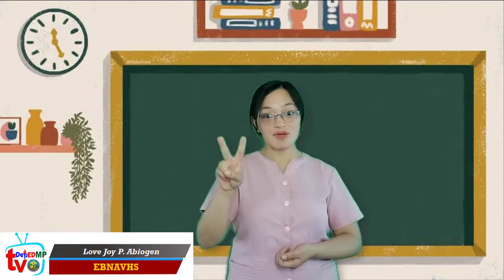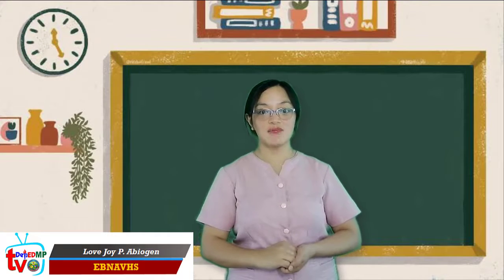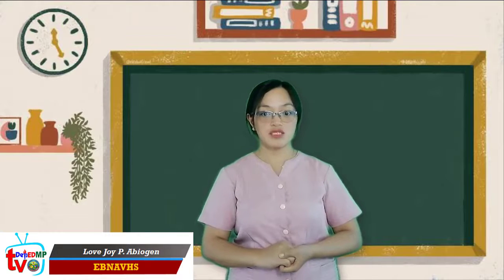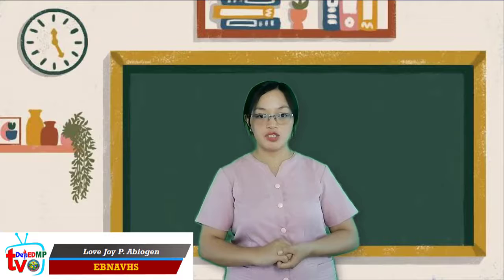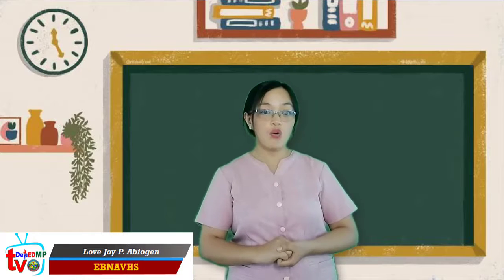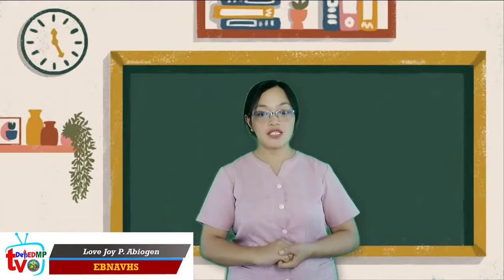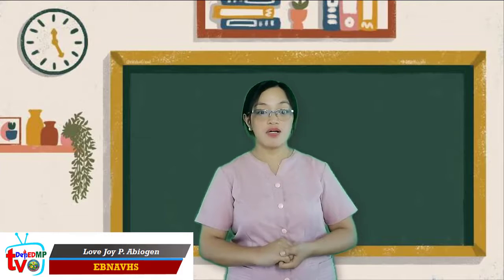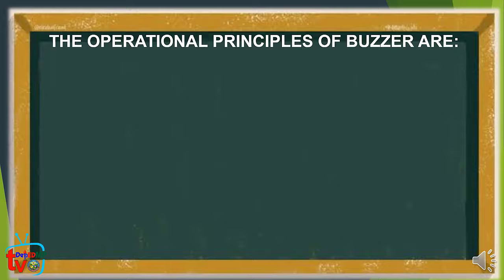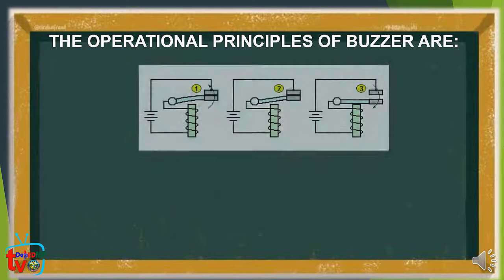The next type of signal and alarm system is the buzzer that produces a buzzing sound which is caused by the rapid vibration of the armature. The sound of a buzzer, however, is not as loud as a bell considering the structure that a bell has a gong, while a buzzer has thin metal that produces sound, but they operate on the same principles. The operational principles of the buzzer are: